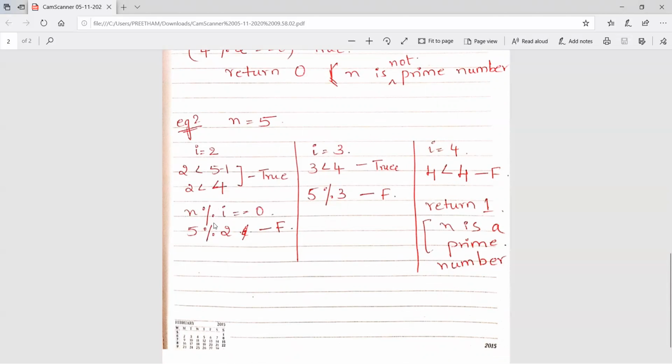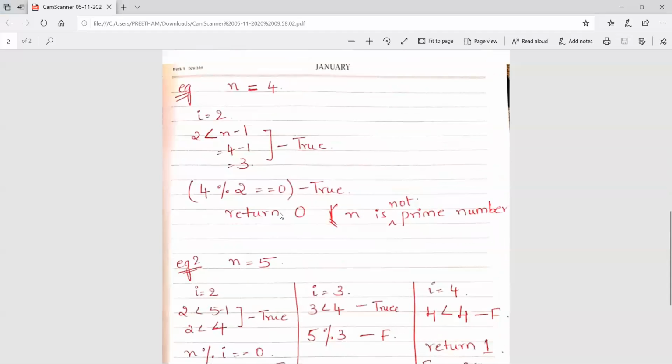Inside the for loop we have another if condition, where it checks if that number is divisible by any number from 2 till 4. So n is 5, 5 mod 2, because I is 2 in the first iteration. 5 mod 2 is not equal to 0, so it is false.